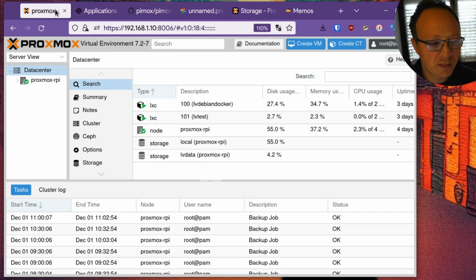So let's start with the first test, which is where can you effectively install this kind of operating system. Proxmox is available for x86 64 bits, and also for Raspberry Pi, but it isn't official.